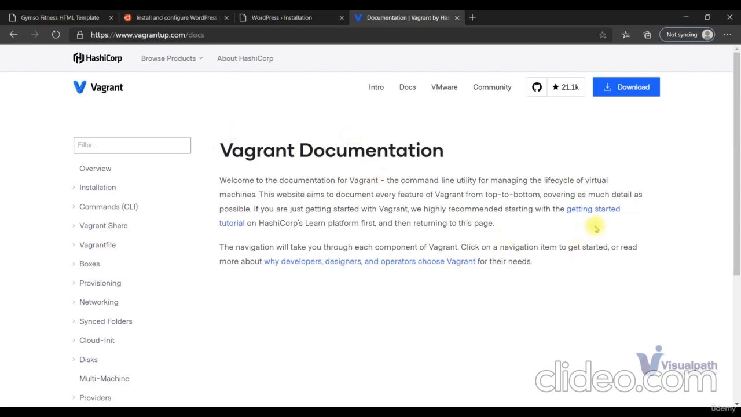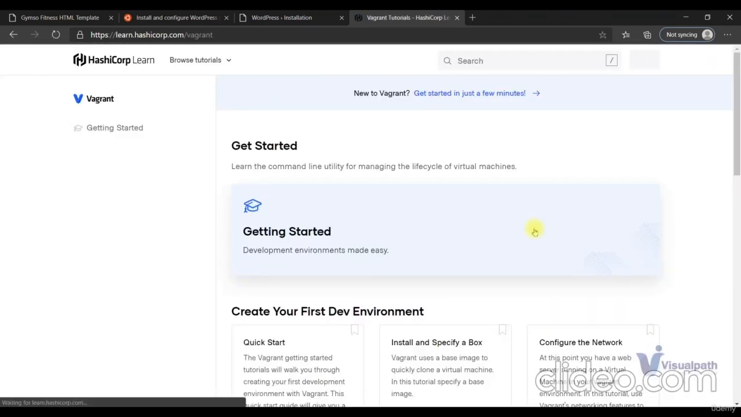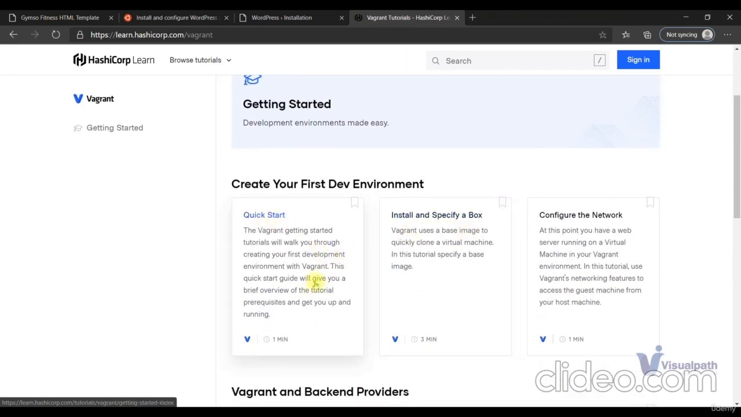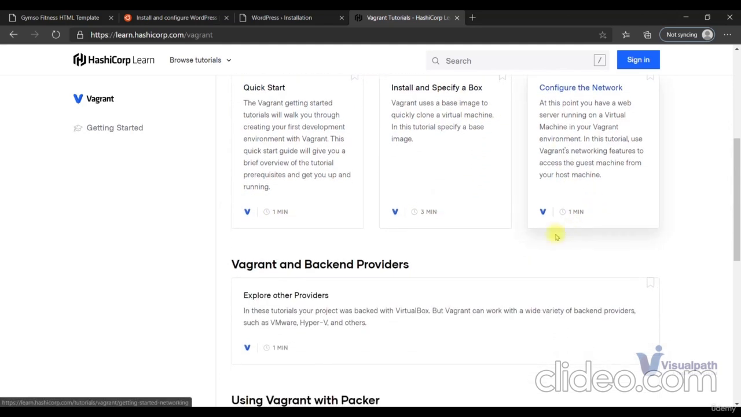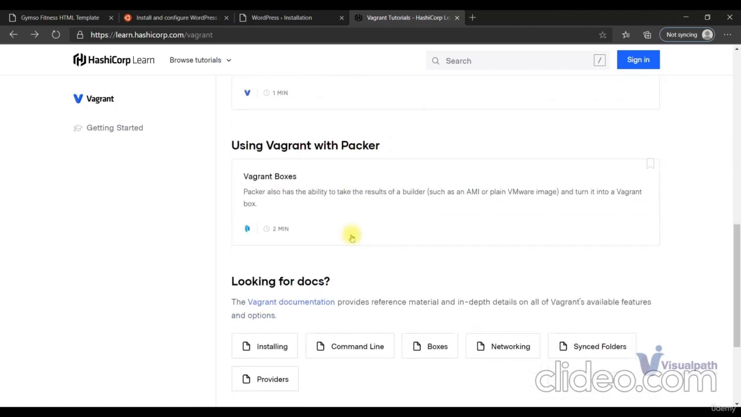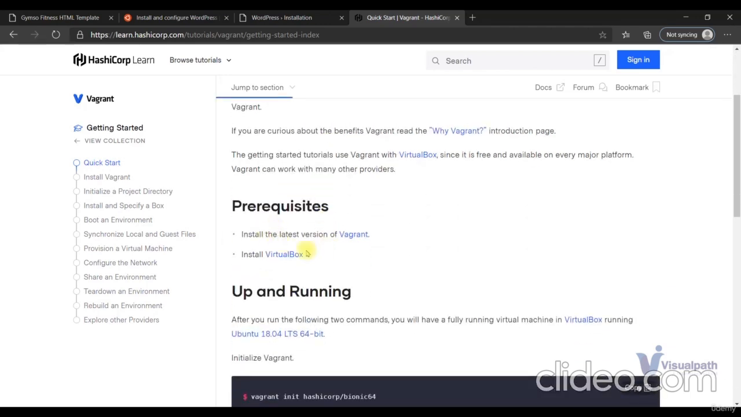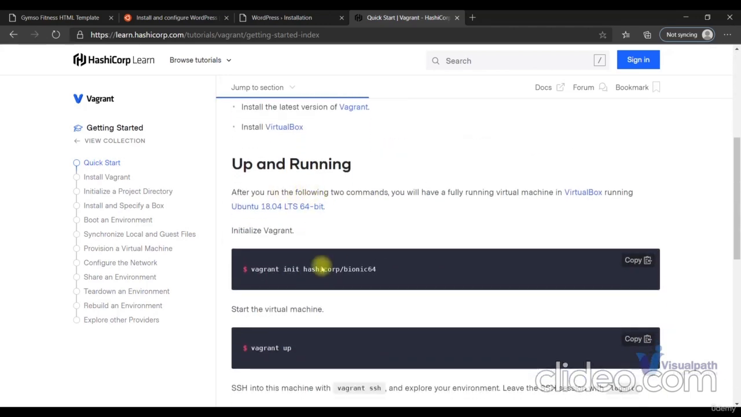So the Vagrant documentation gives you a getting started guide also, which is very common now in any tool. And you have a quick start, which takes around 1 minute: specify a box, configure network, and a few other getting started guides. Let's check the quick start. It will show you the prerequisites and how to get up and running: Vagrant init box name, and Vagrant up,